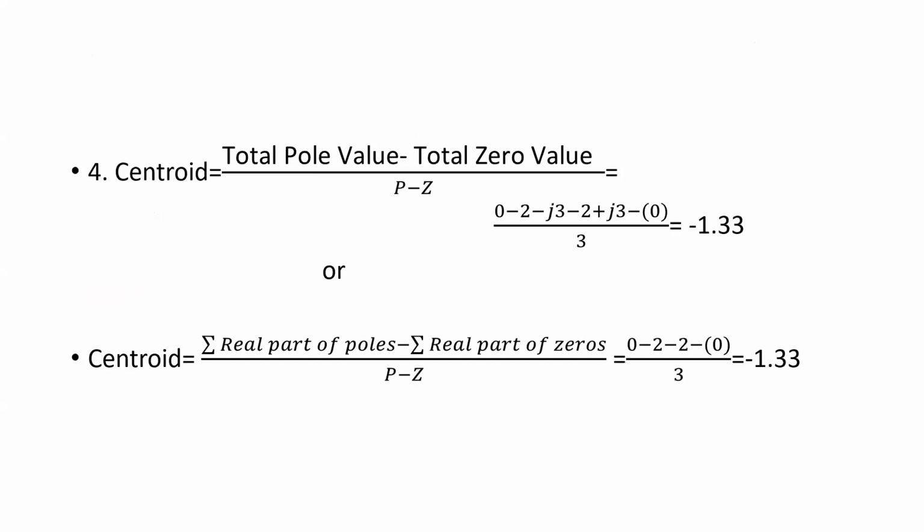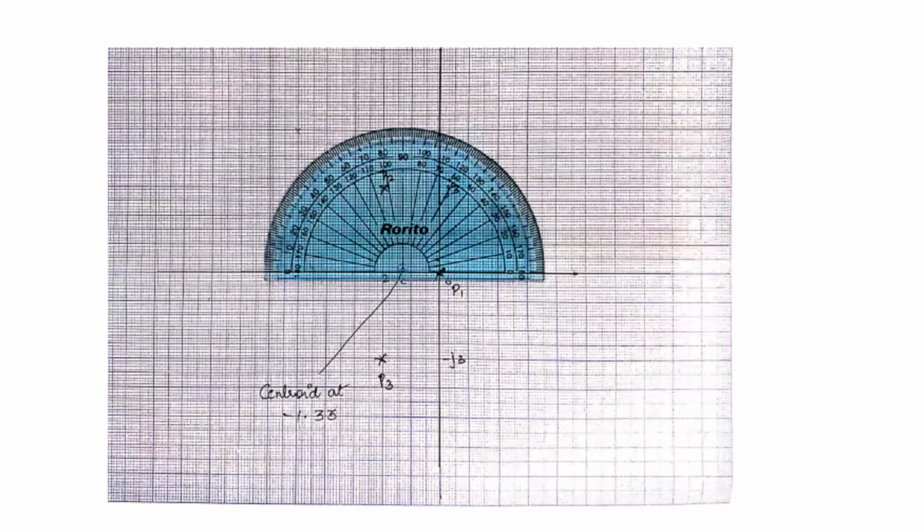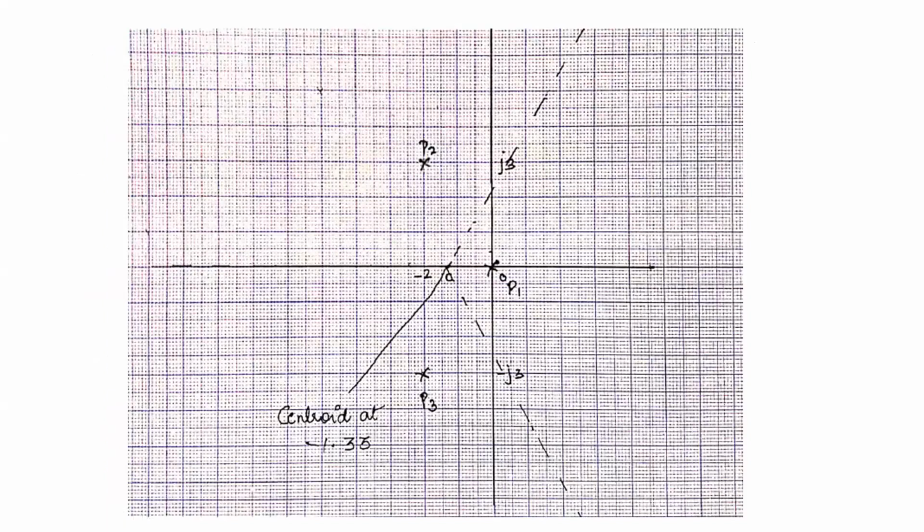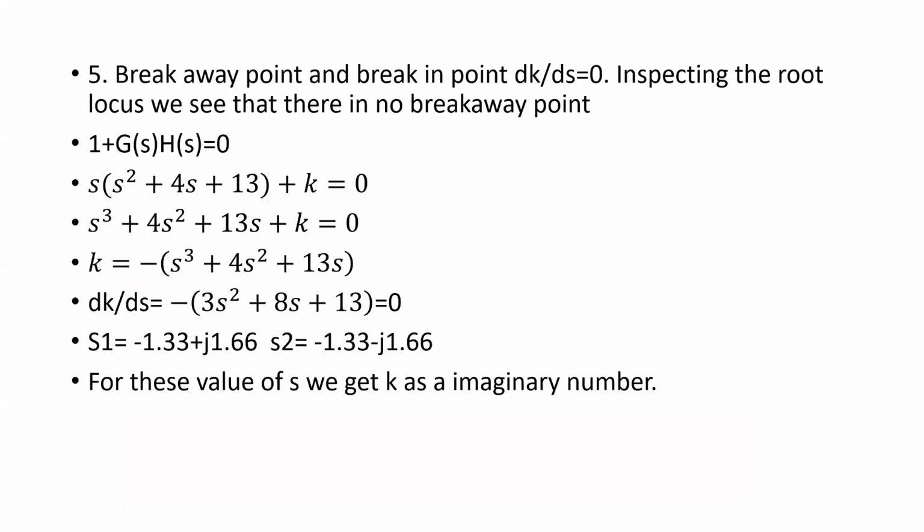That is total pole value minus total zero value, of the real part, because here these imaginary values, this is minus j3 and this is plus j3, are anyway going to cancel, so it is equivalent to considering only the real part. So it is giving you minus 1.33, so 1.33 is somewhere here. Then keeping the protractor at the center, mark 60, 180 and 300 and join those points with dotted lines. So these are going to be the asymptotes, guiding lines.